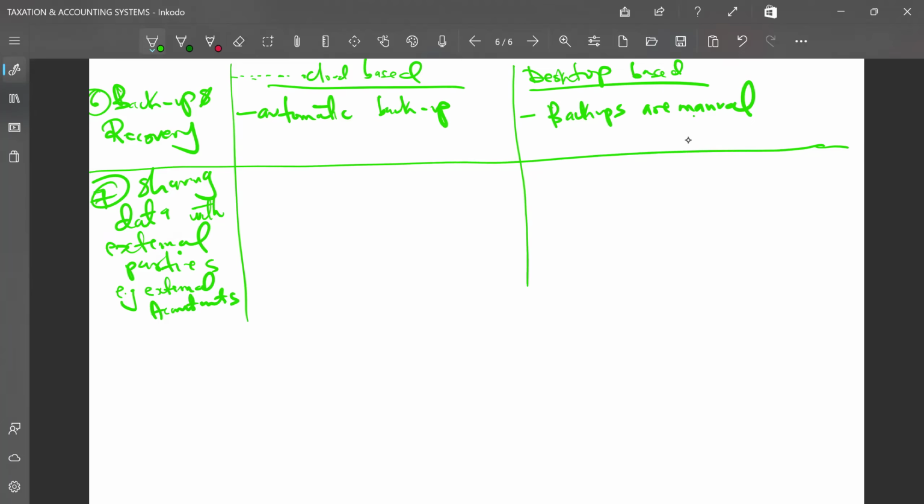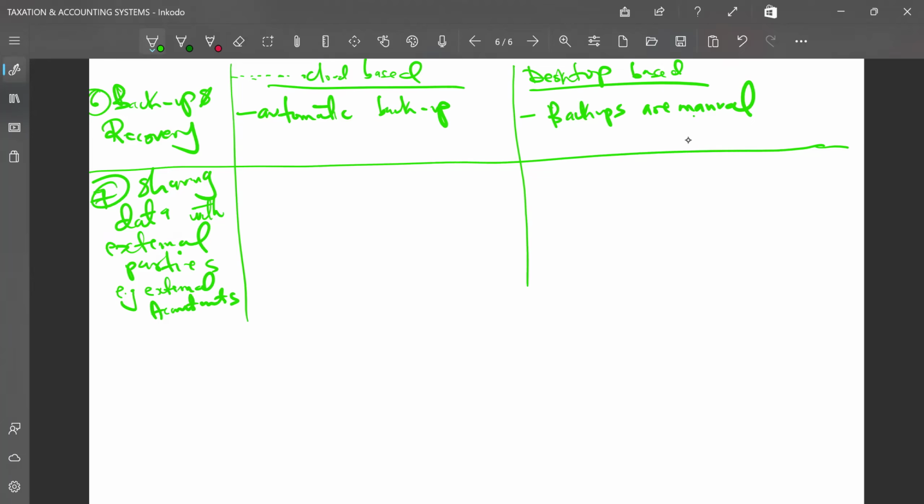So if you're working with external parties, or you have different bosses, maybe you have CEOs, you have directors of the company, and they need to access some of this data, you can call them third parties because they are not involved directly with the operations of the business, but they need to see this information. You just give them access rights and they are able to see it. So when we talk about sharing data, I don't know which word I can use to give a difference here. I've already explained. I hope you've understood.